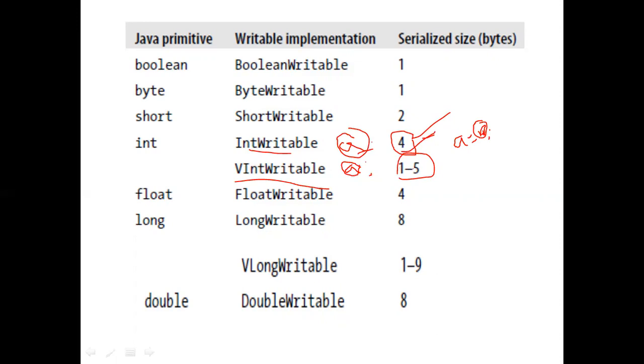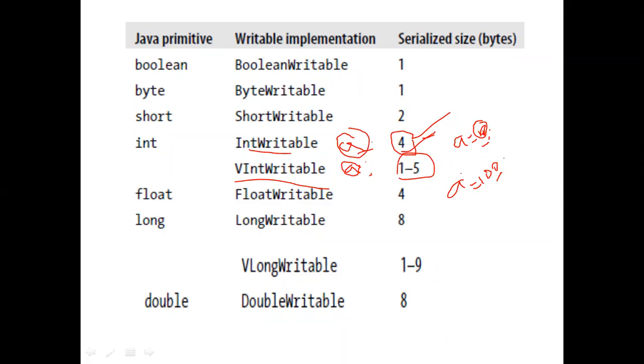The maximum is 5 bytes. Between 1 to 5 bytes, how much space is required for a? When I write a is equal to 100, that much memory required for storing 100 is allocated for the variable a. VIntWritable is similar to char and varchar in Java and DBMS SQL.